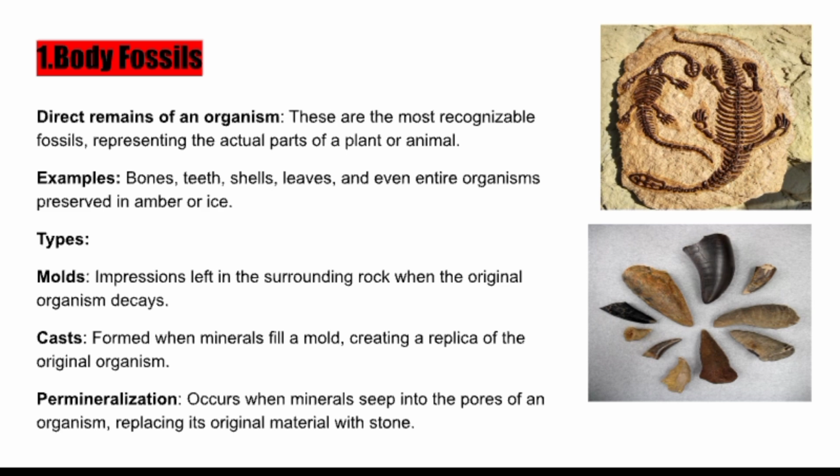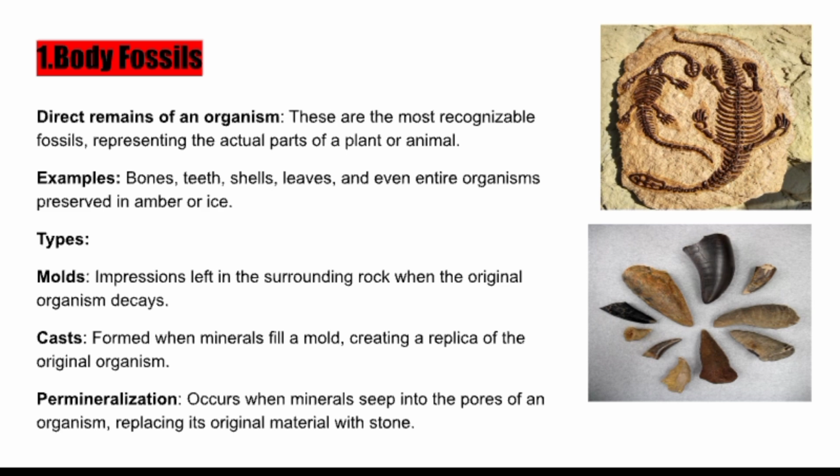So these fossils are called body fossils. These are the direct remains of the body of an organism. Any particular activity performed by that animal is not given in body fossils. So directly it relates to the